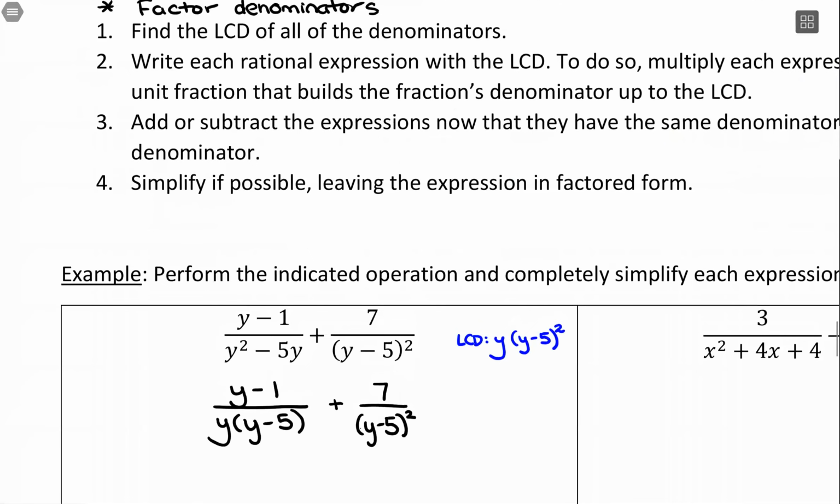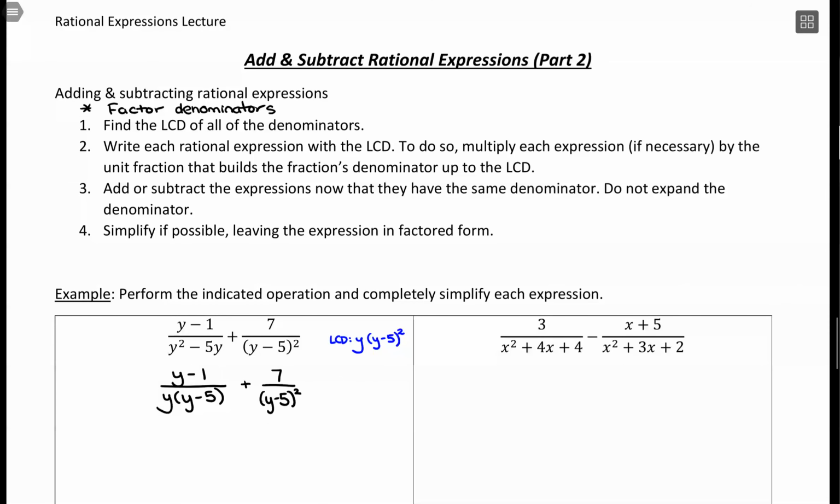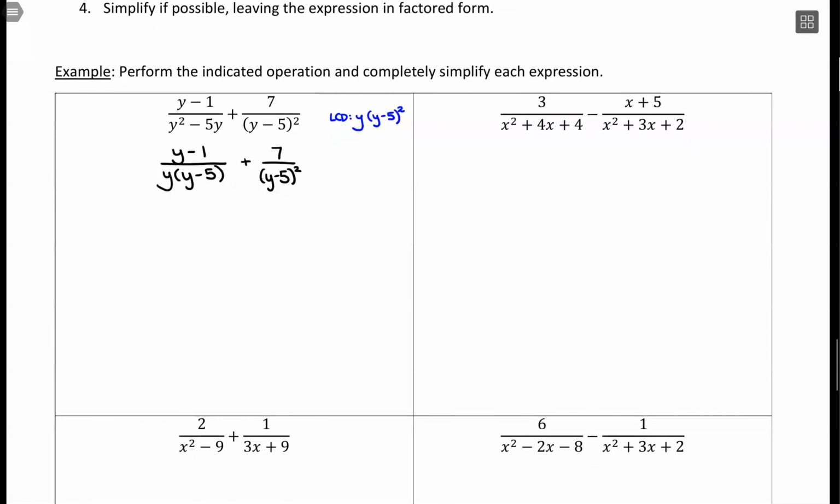Now this step 2, this is one of those steps that there really isn't a great way of writing out in words what we need to do. But what we're going to do is multiply every single term by a unit fraction, or rather each term that has a denominator with it. We're going to multiply by a unit fraction that builds the fraction's denominator up to the LCD. Basically, what we want to see is this y times y minus 5 squared in both of the denominators. So what I would do,